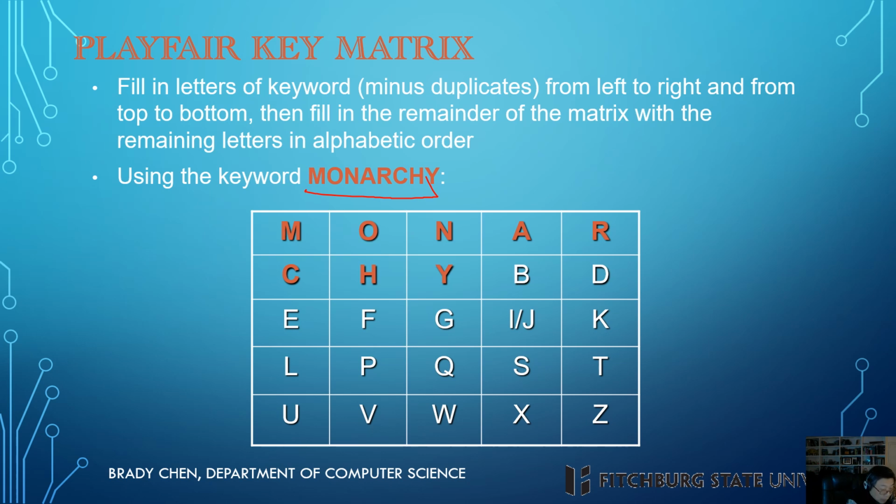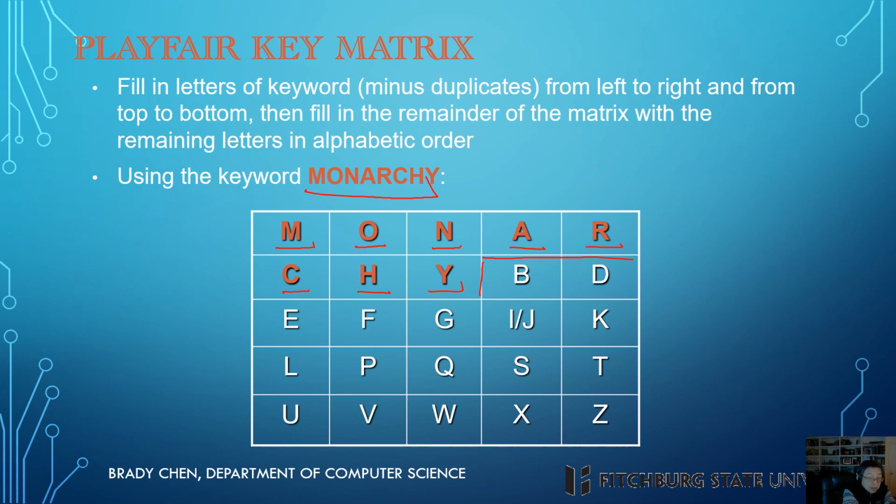Okay, but we're going to start with the keyword. So we're going to fill the first position with the first letter M, which is the first letter in the keyword, and then the next position we're going to fill the O, then N, A, R, C, H, Y. Okay, so we first fill the keyword into this 5x5 matrix. Now for the remaining positions, we're going to fill the letters alphabetically from the very beginning, A, B, C, D, all the way to X, Y, Z. But first, when we fill a letter,